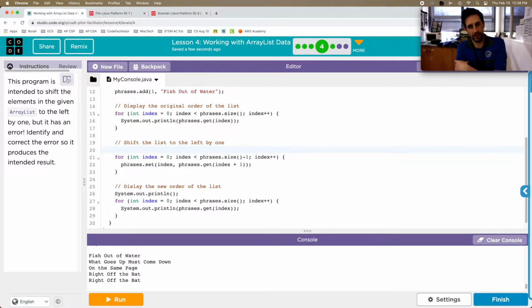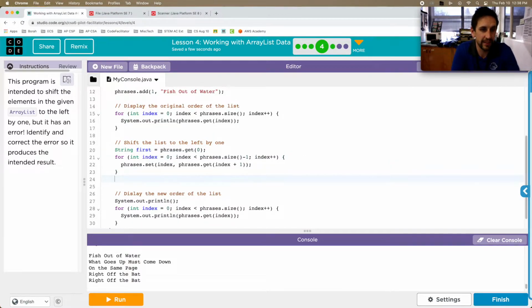above my loop. So what I can do is do string first equals phrases at index 0. Oh, not index. This is an array list, so I've got to use the dot get method at index 0. Okay, and then what I'd like to do is set that last index. So I'm going to say phrases dot set phrases dot size minus 1